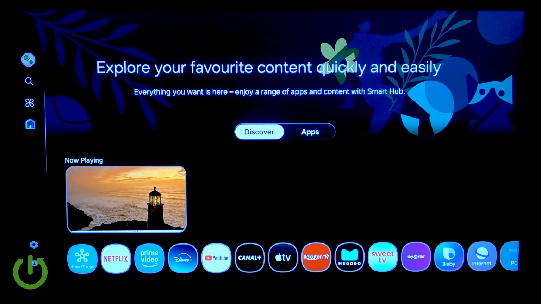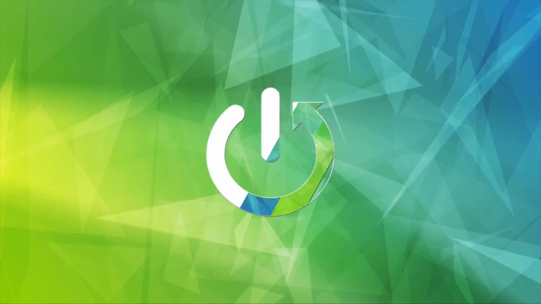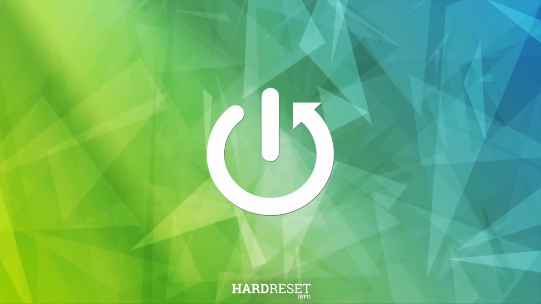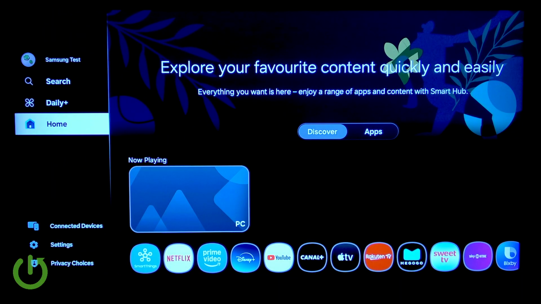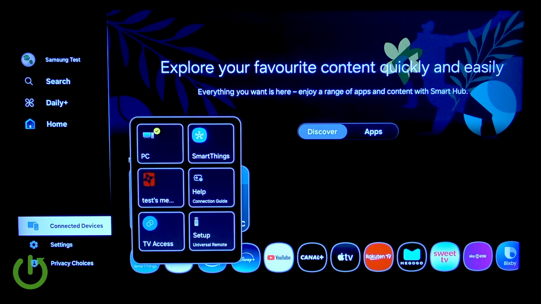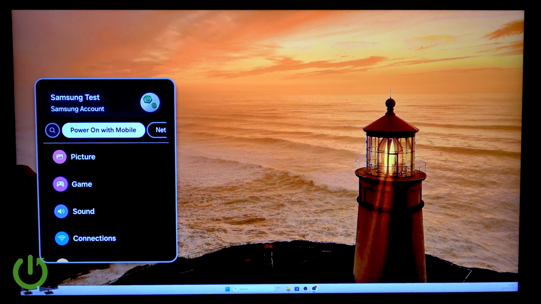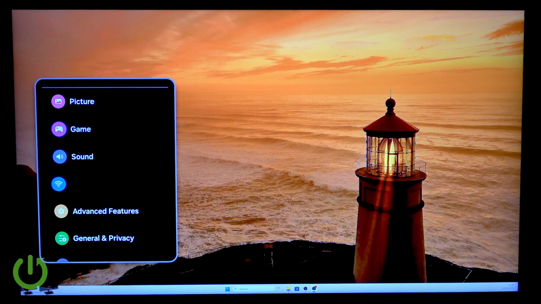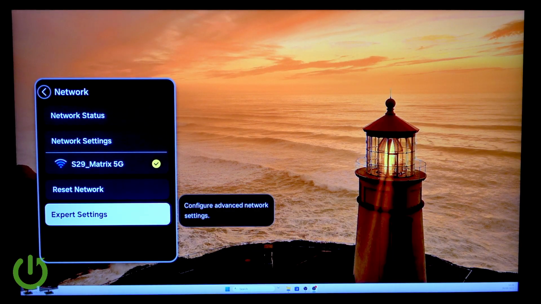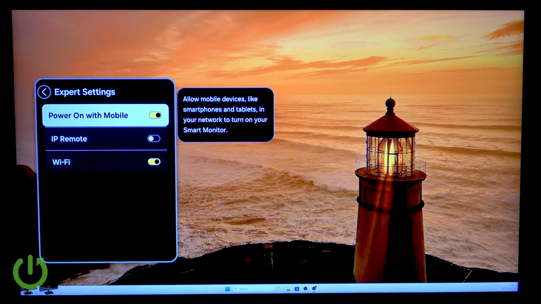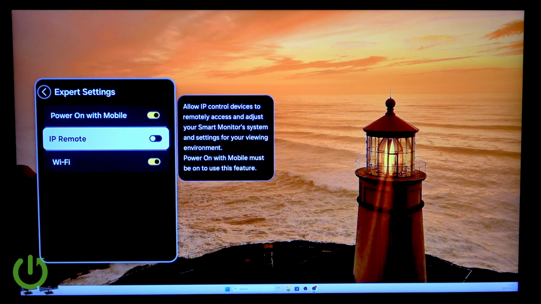In this video I'm going to tell you how you can easily enable or disable the IP remote. At first we have to go to the control panel on the left here and scroll down to the settings. Here click all settings and now scroll down to the connections. Click on network and scroll down to the expert settings. The second option here is IP remote, and